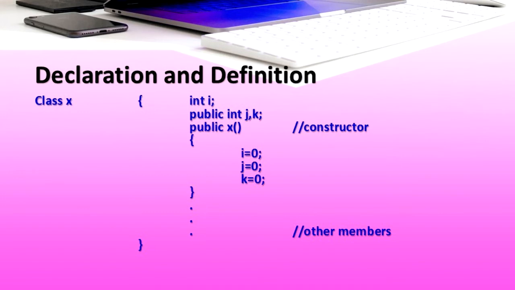Next block, i = 0, j = 0 and k = 0, followed by a closing curly bracket with another member. In the above given class definition, the constructor has been defined as a public member function under the public section. You can use access specifiers as private or protected. A constructor also obeys the usual access rules of a class. That means a private or protected constructor is not available to the non-member function. In other words, with a private or protected constructor, you cannot create an object of the same class in the non-member function.